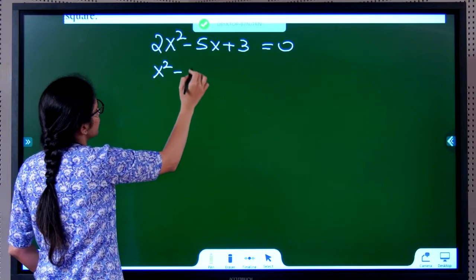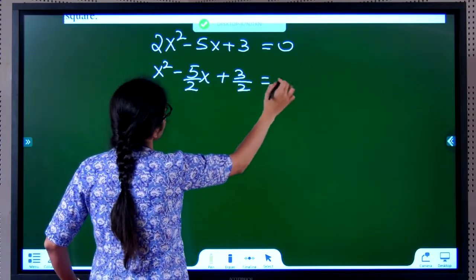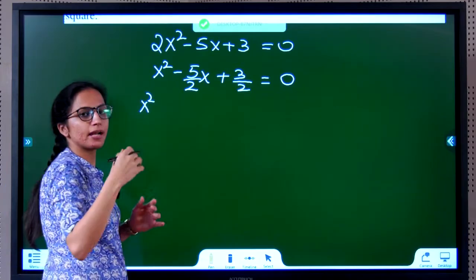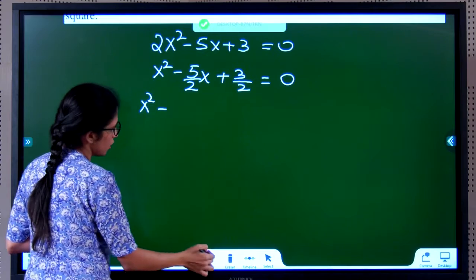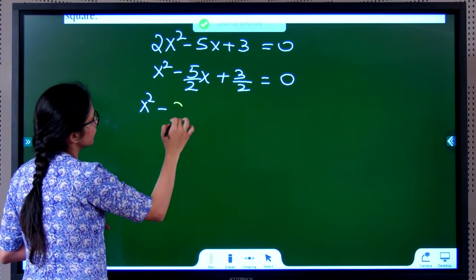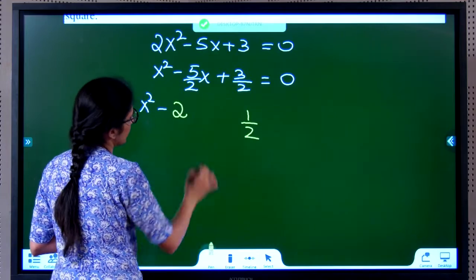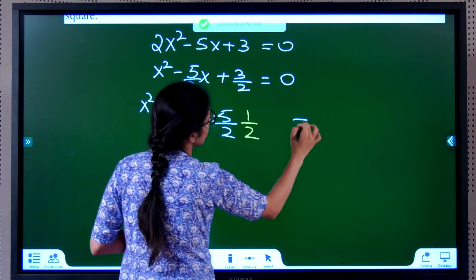So I can therefore write x square minus 5 by 2 x plus 3 by 2 is 0. So x square, you have a square. You have to create a minus 2ab. So I have put a 2. I am putting a 2. So if I have put a 2, I have to also remove the 2. X is there as it is. The 5 by 2 is the remaining. Keep the plus 3 by 2 aside.